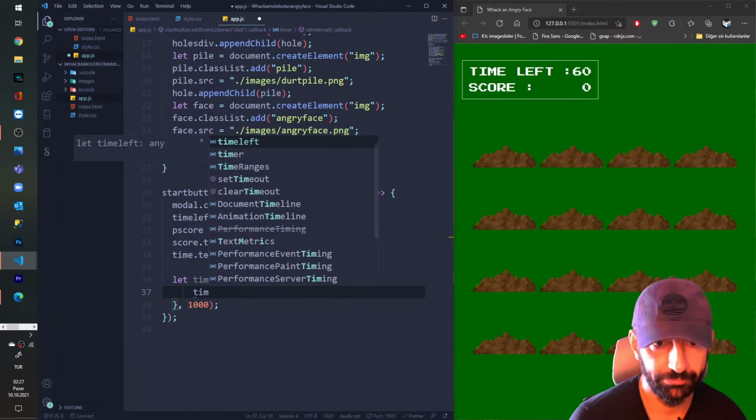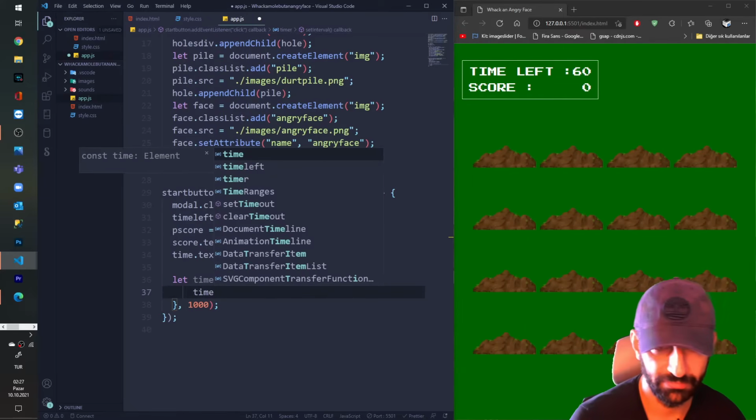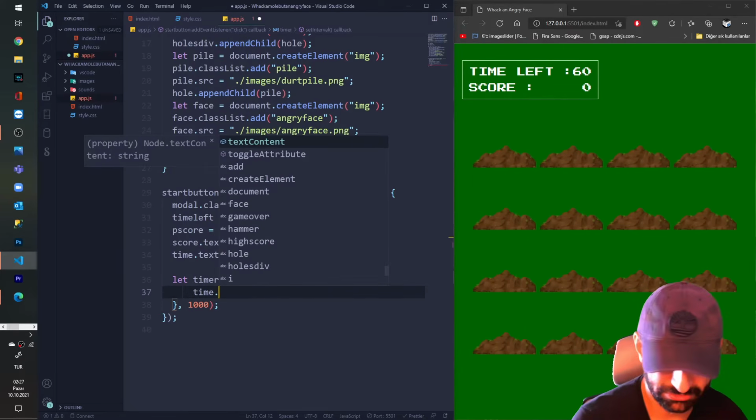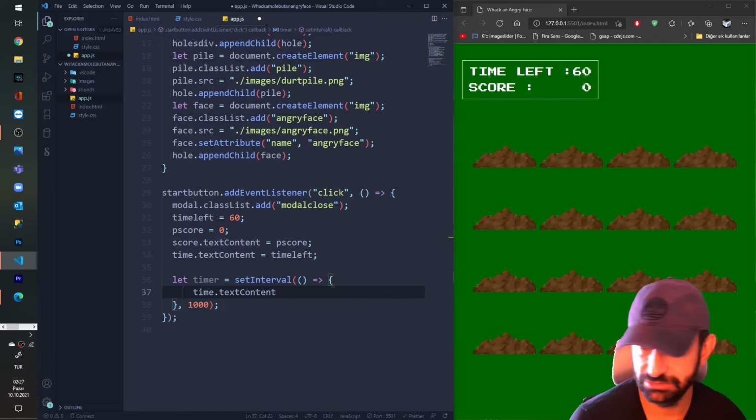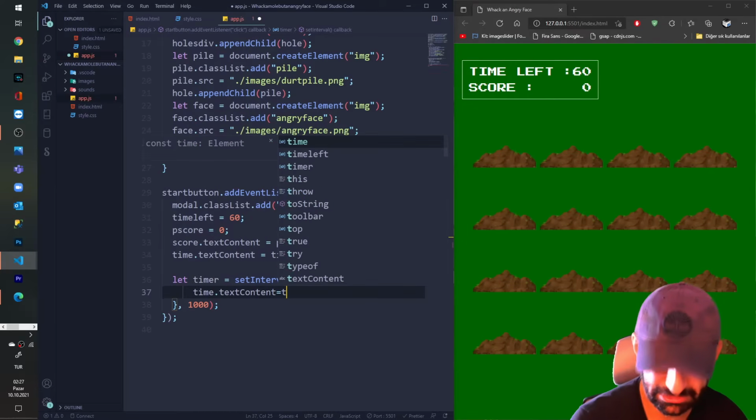Time dot text content. By default, we're gonna initialize time left.